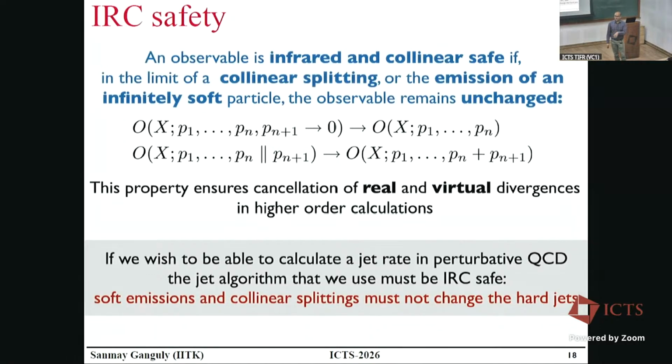That's the first criterion. The other one, which is mathematically put as collinear safe, is the following. You add an n plus 1th element to the set of n particles, but the n plus 1th element is almost grazingly parallel to the nth object. Essentially you had a list of n particles and you have added the n plus 1th element, which has a very small angular opening compared to the nth one. Then the final outcome of the jet reconstruction algorithm should not change. So whatever algorithm O you construct on a set of 4 vectors, these are the basic 2 requirements it must have. Let's keep this in mind.